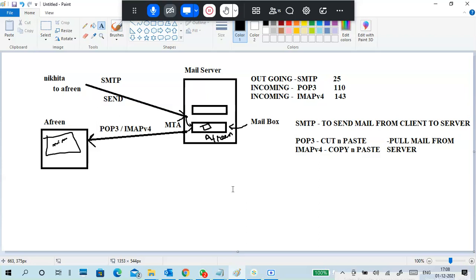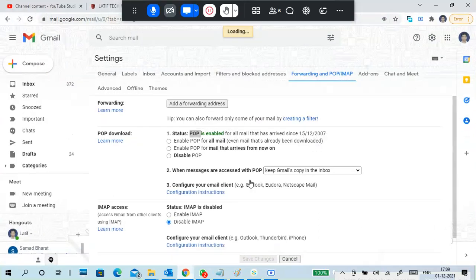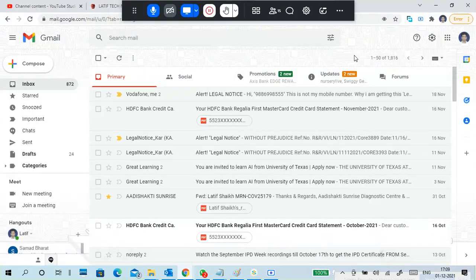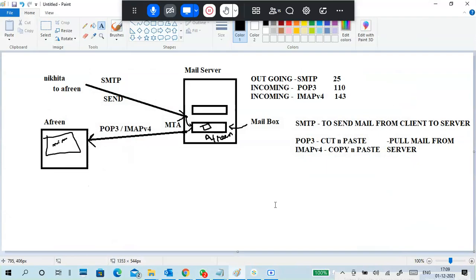Just a minute, I will tell a story, so relax and see the story. Why do we need this Outlook? I am accessing mails from the web browser, very simple, right? And I have a web browser or some mobile app.